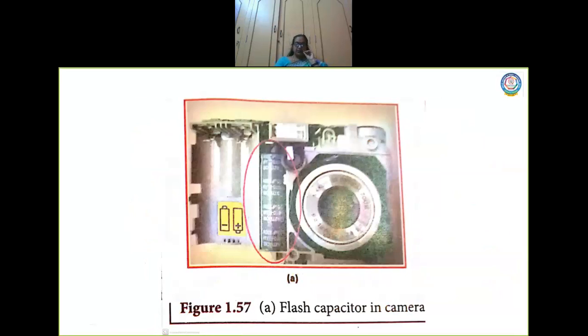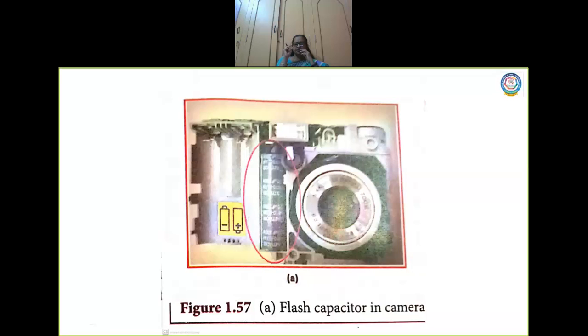Now let us see some of the applications of capacitor. In your textbook they have discussed around 4 applications. The first application of a capacitor is they are used in flashlight in cameras. Now in digital cameras, when we take a photo, you will have a flash appearing. Now that flash requires a very high amount of energy. You cannot get that energy by using an ordinary battery. Of course, an ordinary battery will be there in the camera, but apart from that, you have what is called a flash battery. I mean flash capacitor. Now here is a capacitor which stores the charges which require the energy for the flash.